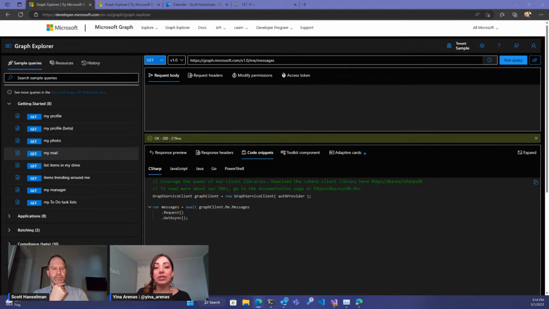So the first thing that you will do is go to the Azure portal, and then register an application that will give that application an identity, and you will select the set of permissions that you want your application to have. So for example, you can say, I want my application to access the user profile and the OneDrive files. So you'll select user.read and files.read, or read-write, depending on the type of activities that you want to do,